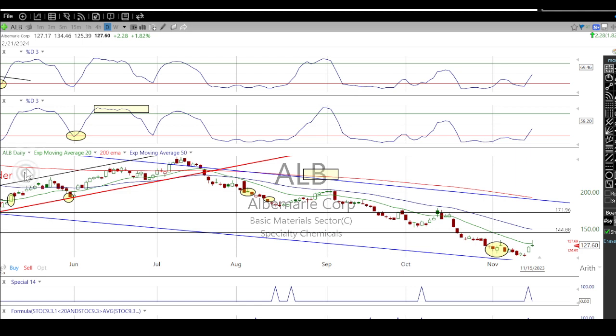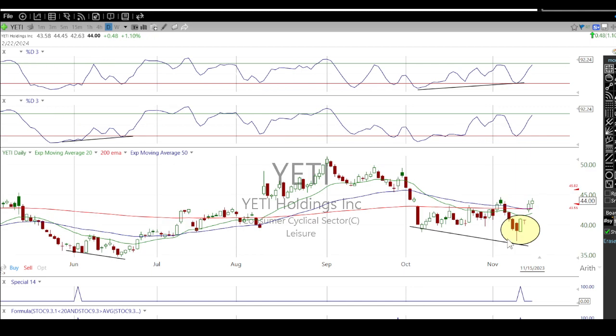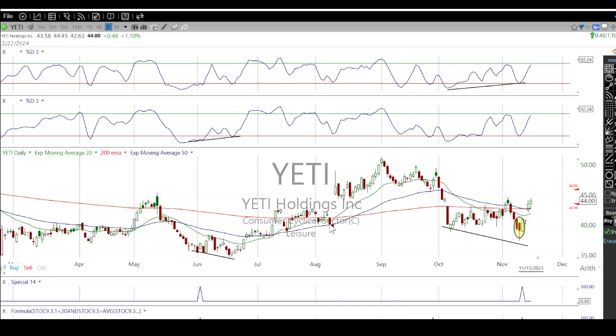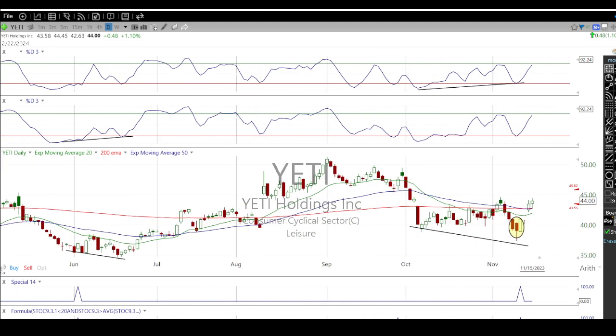Had Yeti on the watch list also, and again, you'll notice, and I always talk about this. If you're familiar with my charting, when we talk about divergences, when we spot something on the watch list, I'll put a circle on it right when we spot it and say we like this. We never go back and put a circle on it. So this gives us an update on how we like these stocks, and when we like them. We pointed this one out here on this divergence, and you can see it has a nice power move up here. So I still like the Yeti on this also.